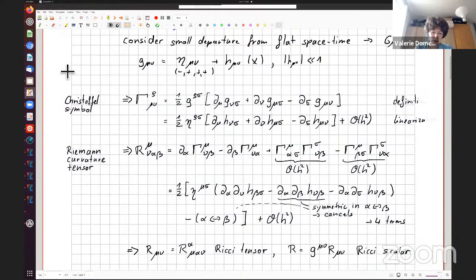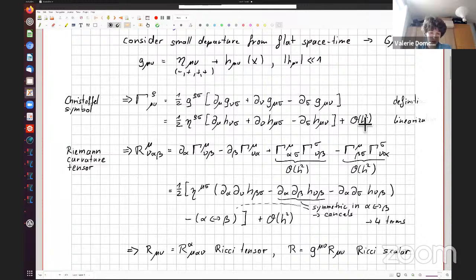The so-called Christoffel symbols describe the connections of GR. This is the definition, a function of the metric tensor. Now we insert the linearization of the metric tensor, so we replace it with this equation here, the constant part plus the perturbation. Now we expand to first order in h mu nu. At linear order, we get this term here, one power in h, and then we have higher order corrections, which we will drop.